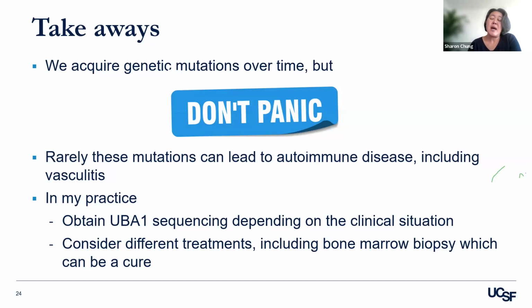But if their type of giant cell arteritis is a little unusual, so for example, they're having really low blood counts or they're having unusual skin rashes, the manifestations that we see in VEXAS syndrome, then I think it's worthwhile to test patients for these UBA1